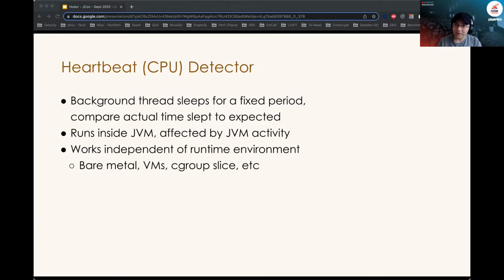The heartbeat thread is scheduled to wake up every few milliseconds. Just as an example, let's say 10 milliseconds. Now I want to point out that the overall amount of work done by the heartbeat thread is very trivial, and we have ensured that it adds no measurable impact to application performance. The heartbeat overload detection algorithm monitors whether the heartbeat thread is able to get CPU every 10 milliseconds.